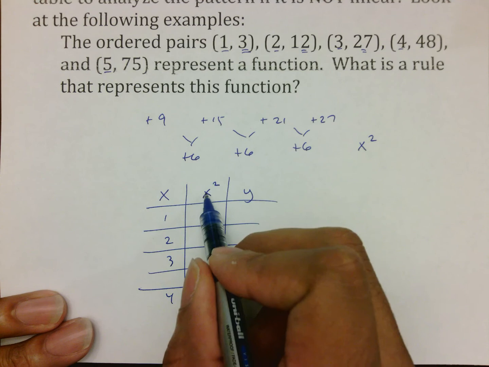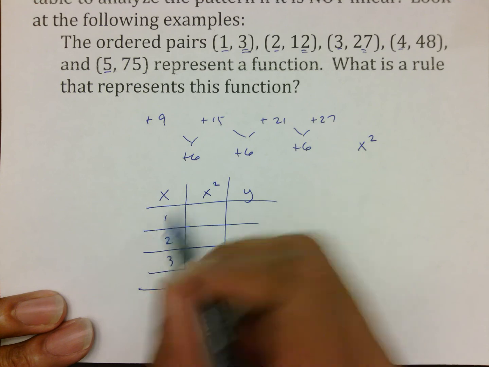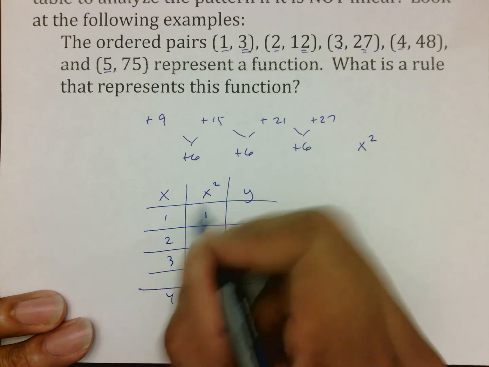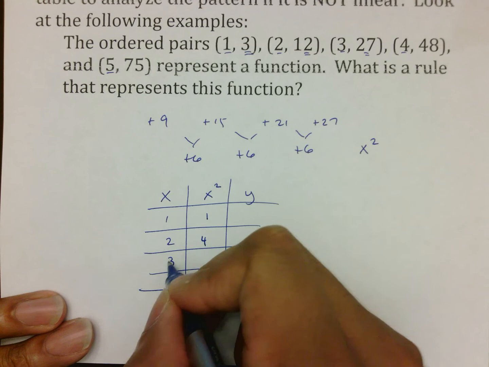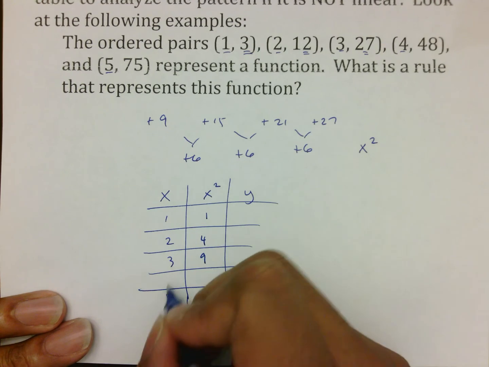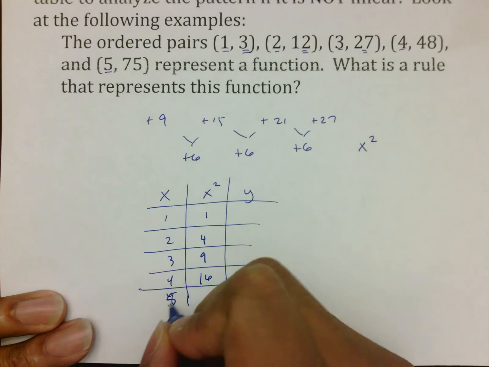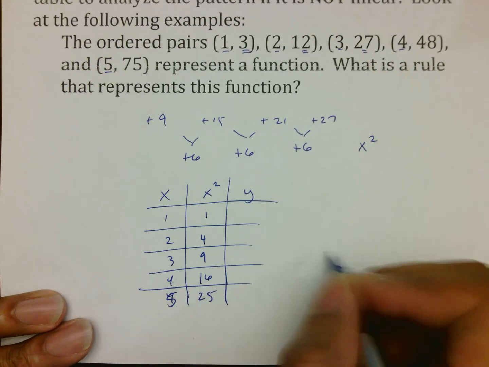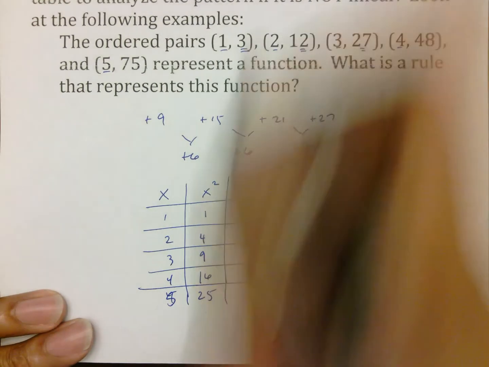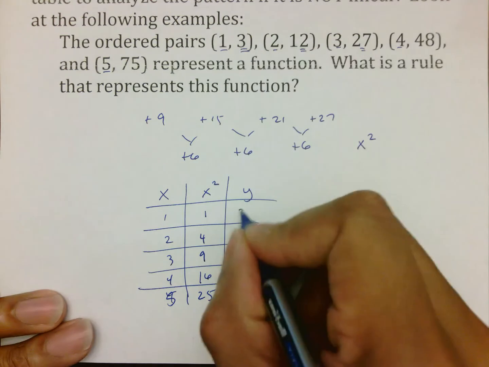Remember that x squared means take x and multiply by itself. 1 times 1 is 1. 2 times 2 is 4. 3 times 3 is 9. 4 times 4 is 16. 5 times 5 is 25. Our actual y values were that 1 led to 3,